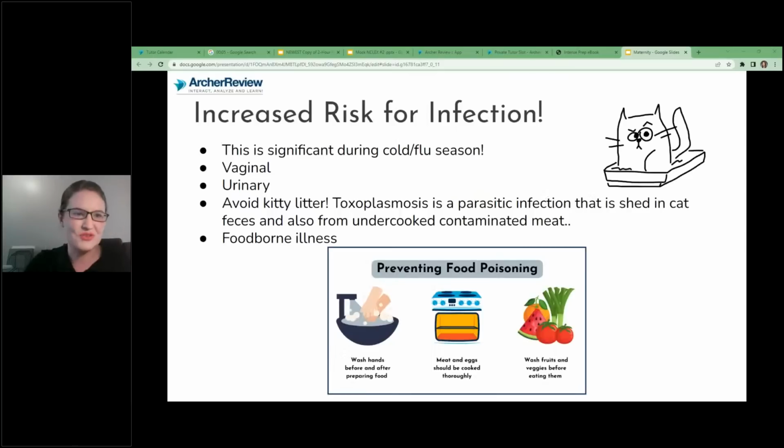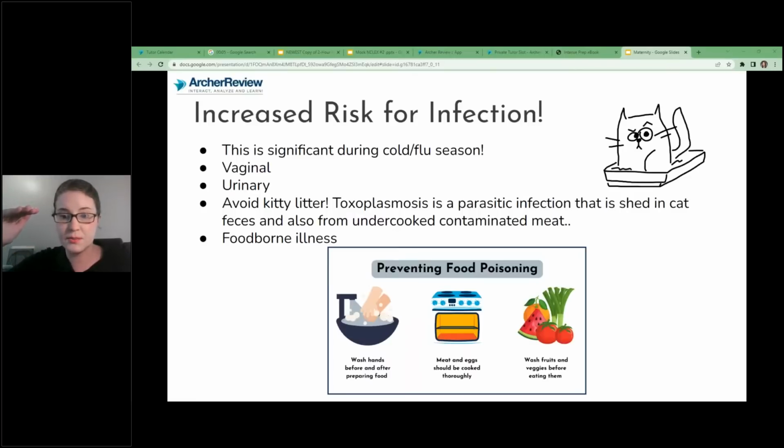This is the last one. The final one is increased risk for infection. And I mentioned this before. This is really significant during cold and flu season. That's why we should absolutely be recommending our flu and COVID vaccines. These women, when they get sick, they get really sick and they can have really high fevers that really are